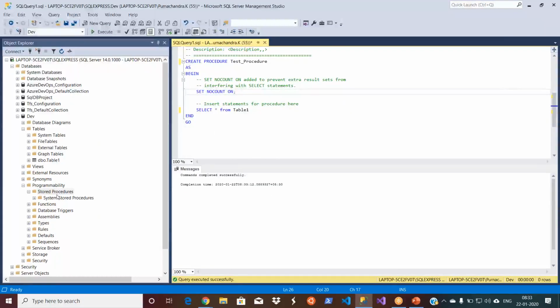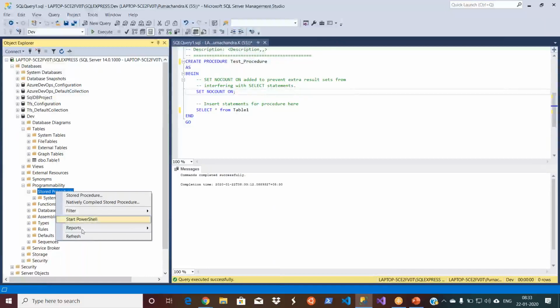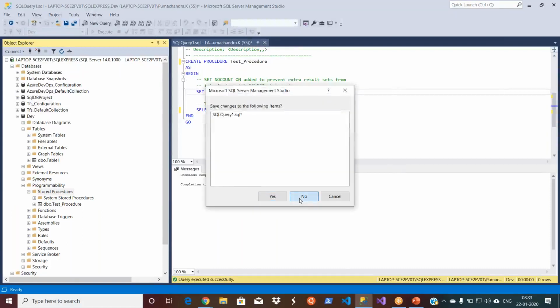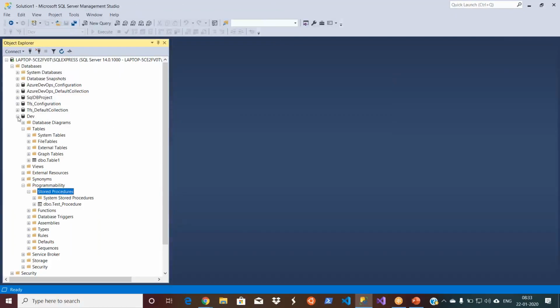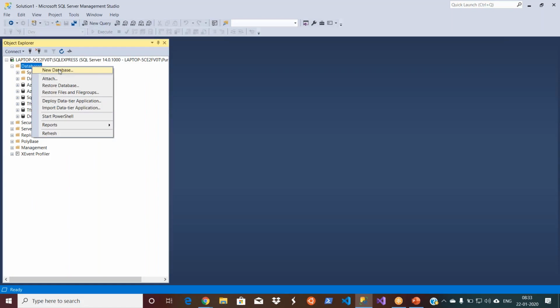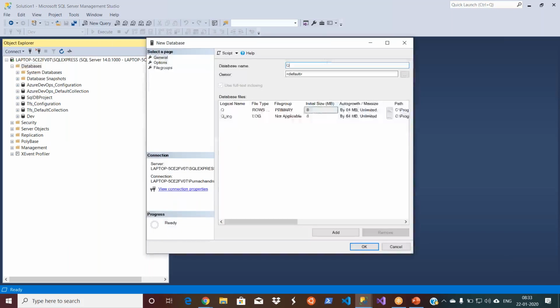Yes. Now let me refresh it. So this is how the development happens, right? So you have database developers creating tables and procedures and views, and there might be a number of other objects as well. Okay, let's not worry about that one. Now, when they finish with the development in the dev environment, obviously they need to move their code to some QA database. Since we are starting from scratch, let's create a database QA.